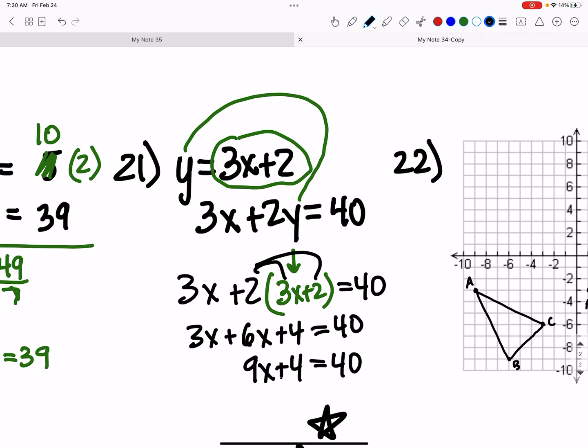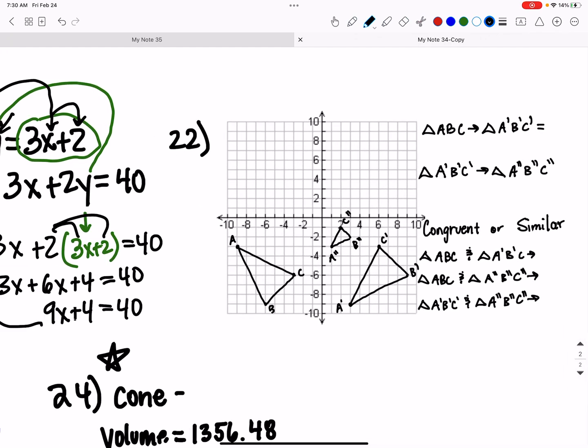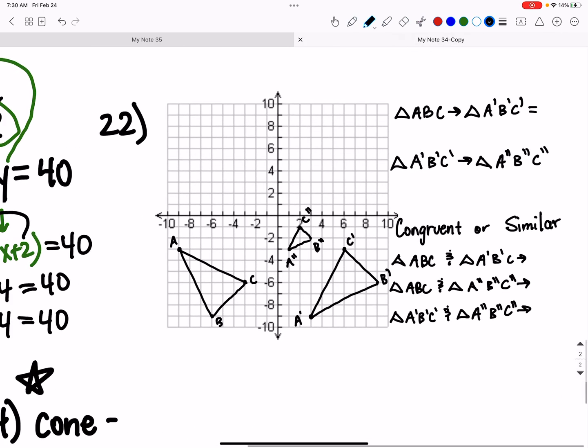You should be able to solve for x, and once you solve for x, plug it back in right there, multiply your x by 3, and then add 2, and that's what y is equal to. Figure out both. Okay, for 22, all you're trying to say is, what kind of movement is it from here